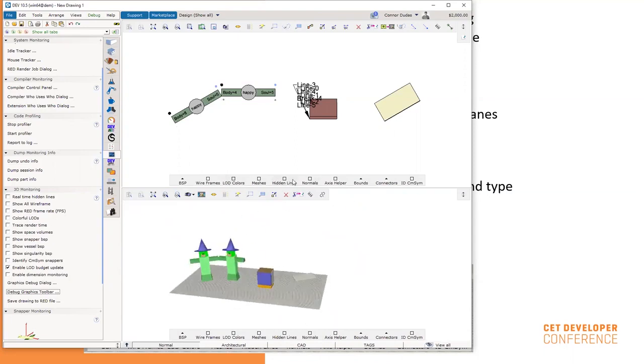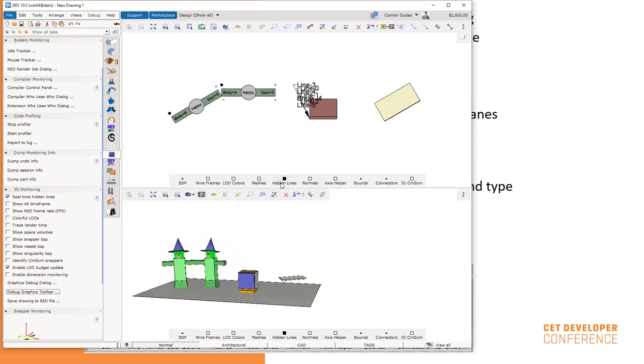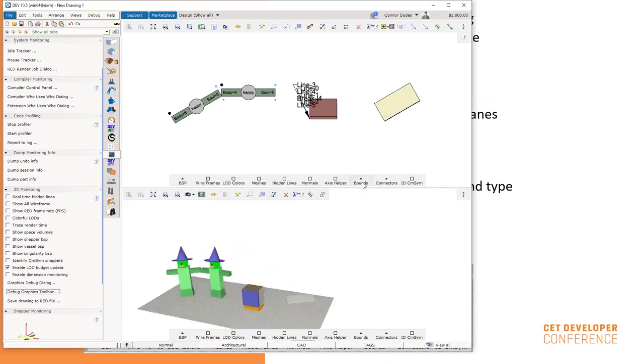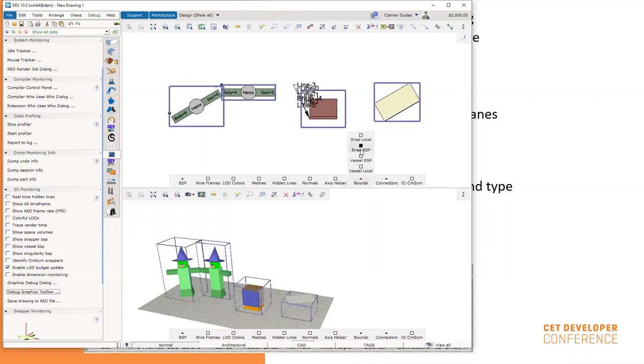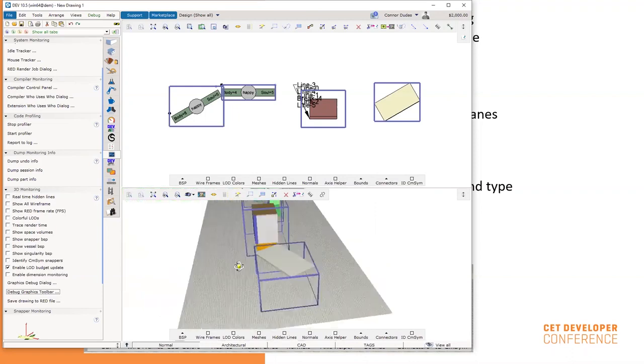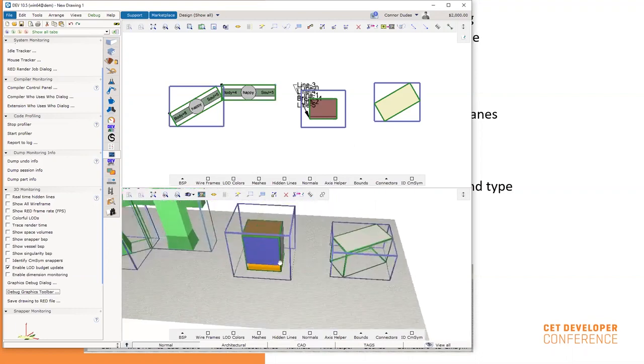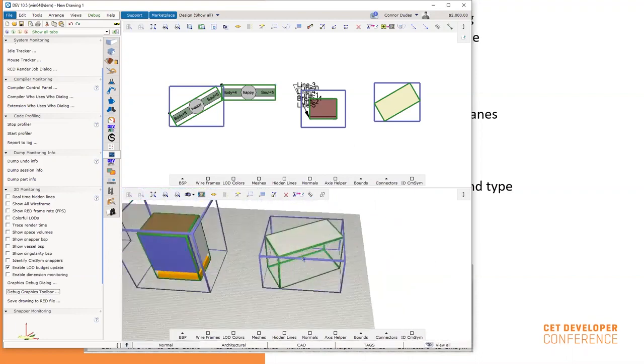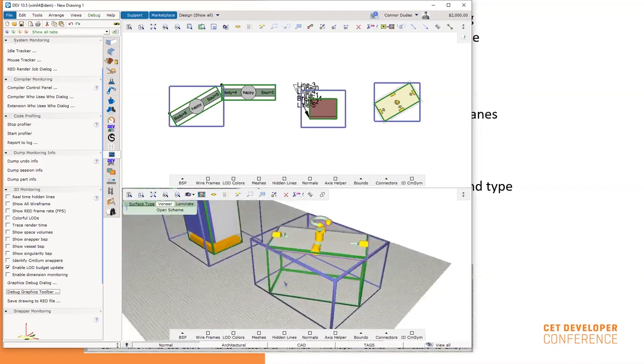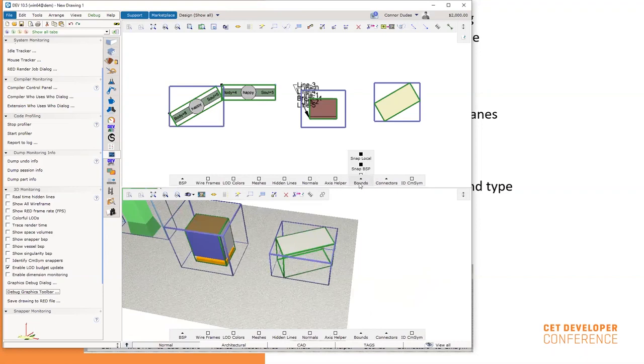That's the binary space partitioning that helps you click and find snappers faster if there's a lot of objects. We have stuff like hidden lines that shows you the outside of objects, all the hidden lines that go along with it. Gives it a little bit of a cartoony feel. Bounds is one that I find pretty useful. If you're trying to click your object in space and for some reason you just can't while creating it, you can turn on the snap BSP bounds. This is what the BSP actually sees for the bound of your snapper. And then you can have the local bound as well, which is the local bound that your snapper has. You can see that the snapper local bound has a rotation to it,